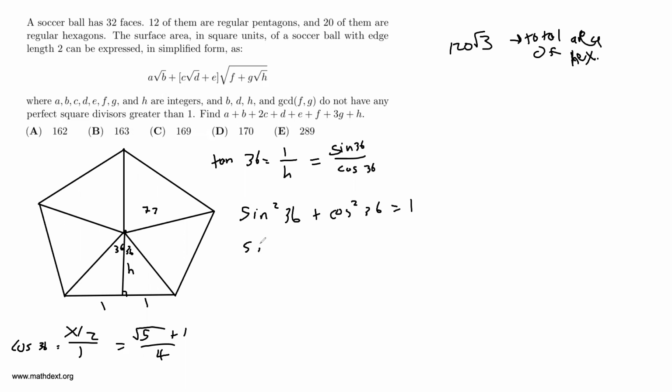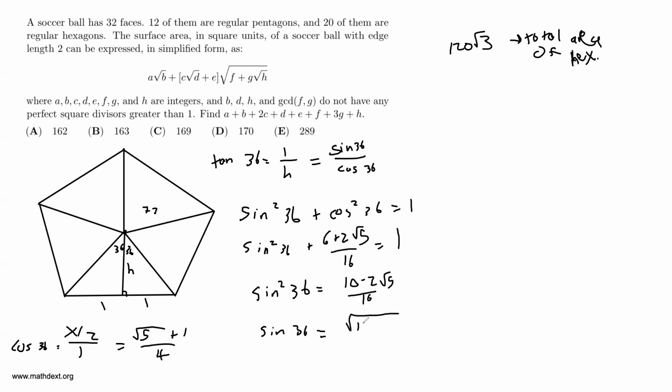All right, so sine squared of 36 plus this thing squared, which you can compute as 6 plus 2 root 5 over 16, is equal to 1. So sine squared of 36 is equal to 10 minus 2 root 5 over 16. And you can take the positive square root of both sides, and sine of 36 is in the first quadrant. This is equal to root 10 minus 2 root 5